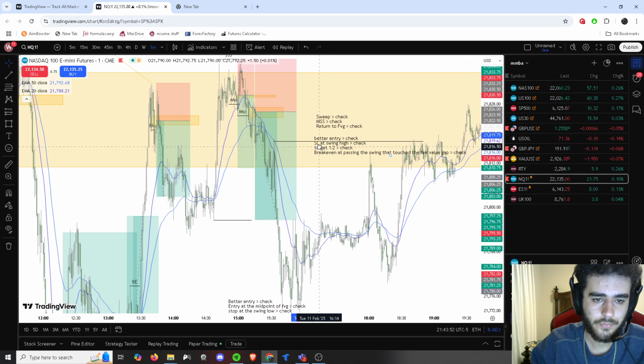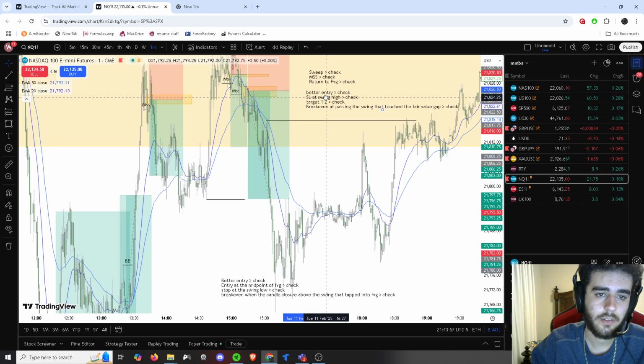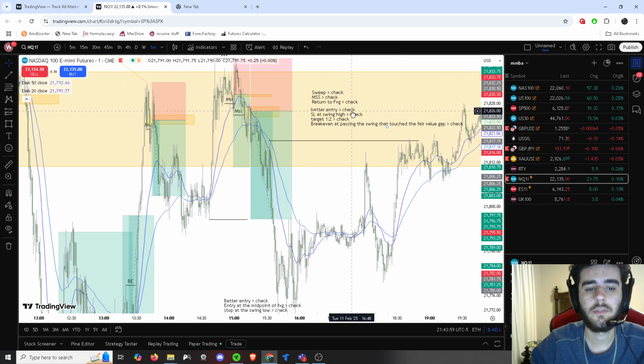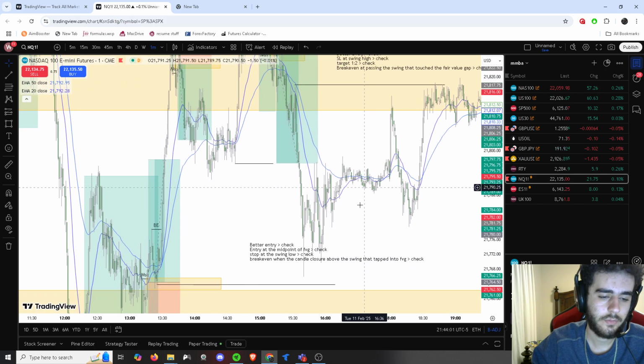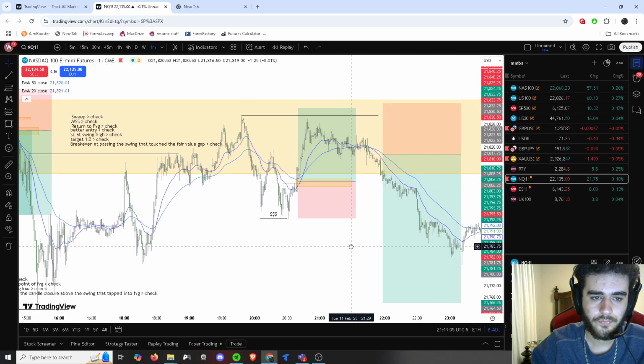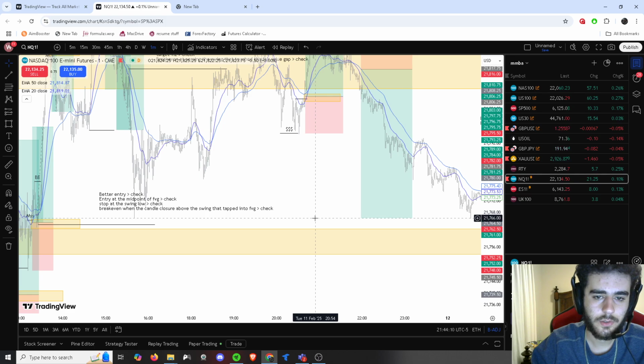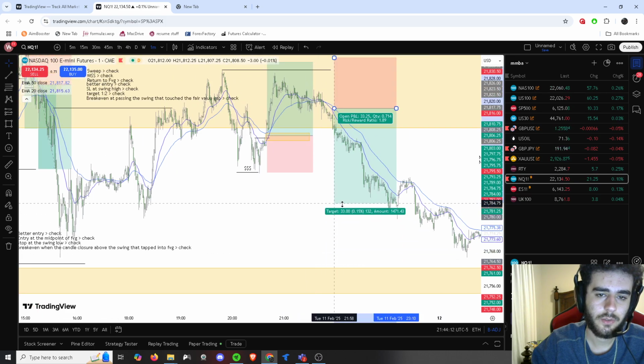So here's our checklist. You can use it for yourselves. You guys can put this in your journal and have a checklist there, maybe. I'm not too sure. And now we know to not target lows, we just target the fixed 1 to 2. And if you're